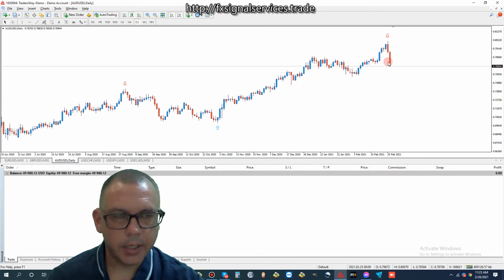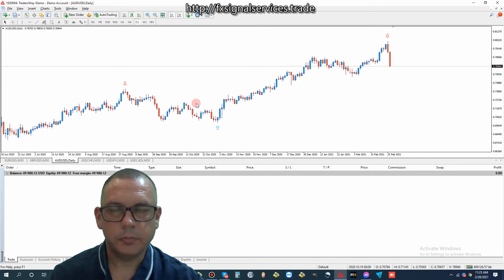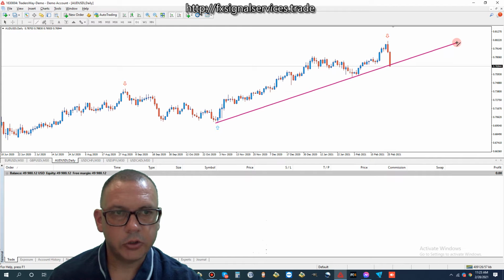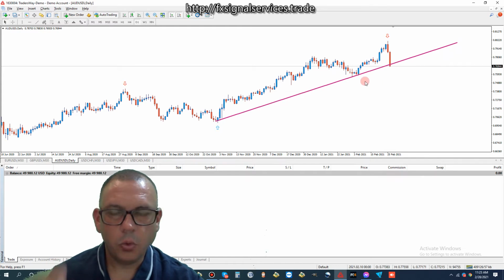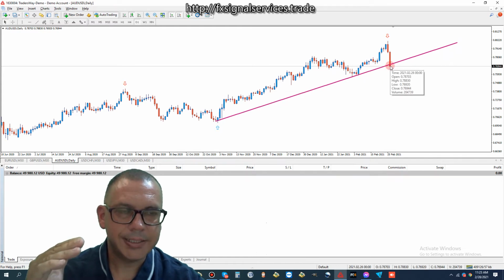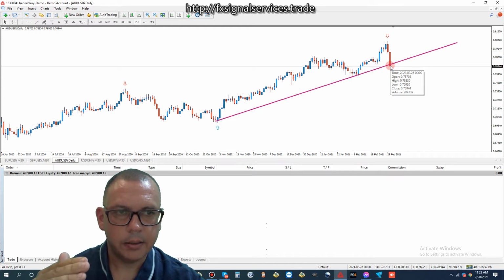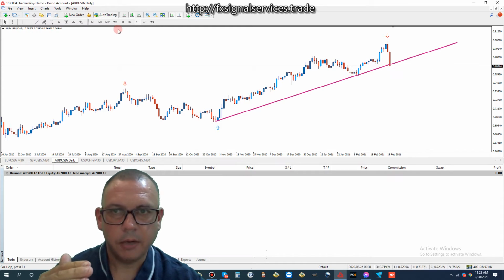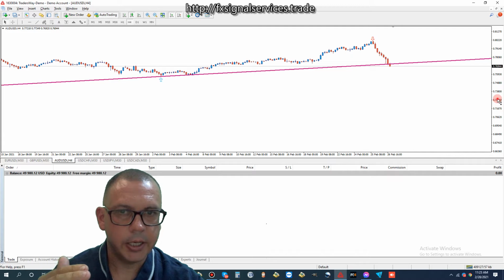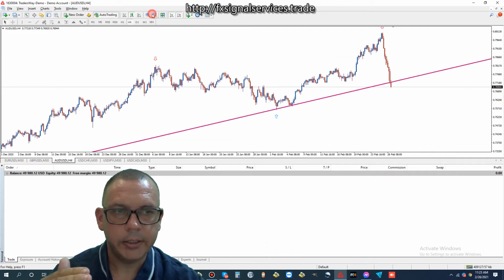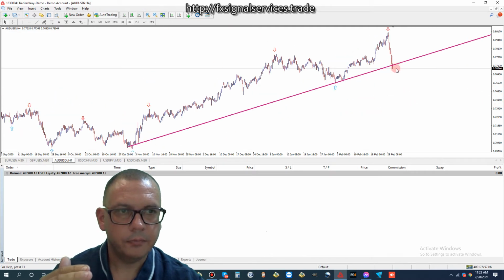Look at that nice big drop. So if we draw a trend line, watch this. We draw a trend line going up, so we are now starting to see this break. I would put charts on a 4-hour time frame. What I would do is wait for a few candles to break below.